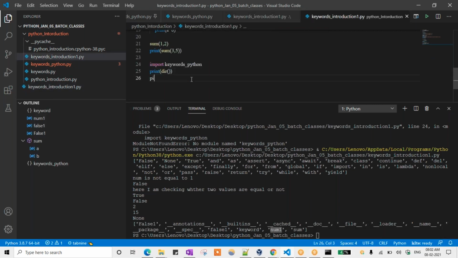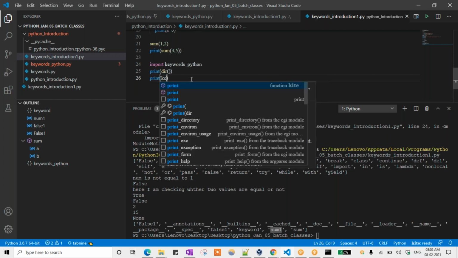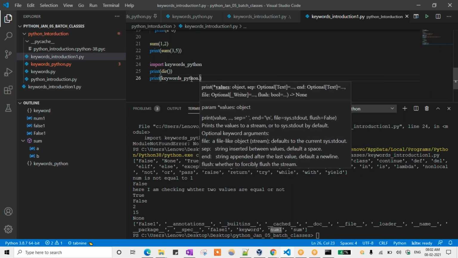So what I'm doing now is print of keywords_python dot, what are the values it will show up now. So what are the values present in that one, it will show up.